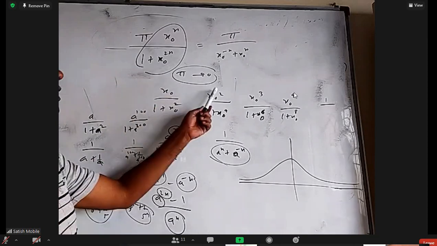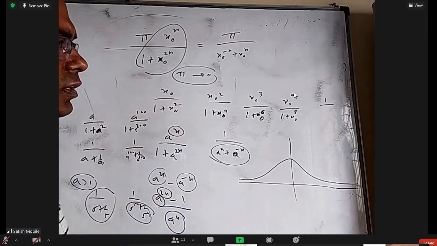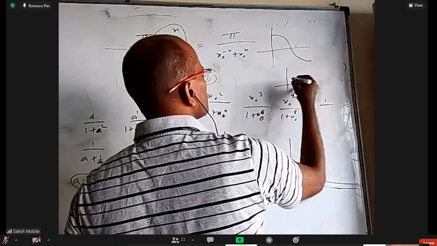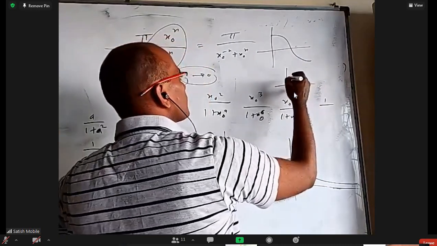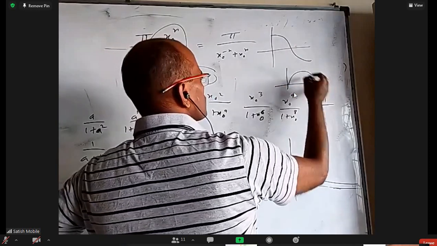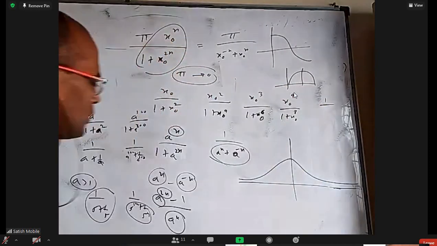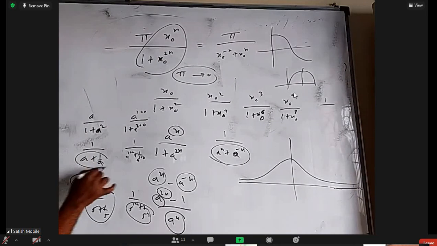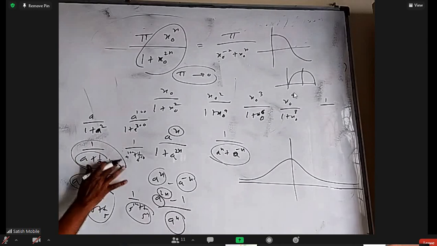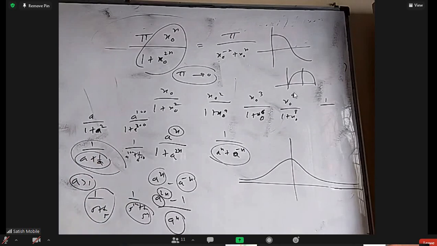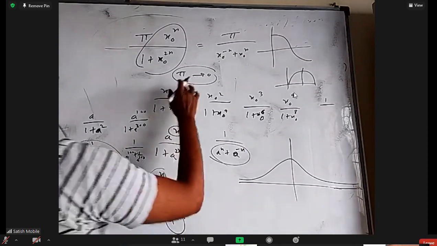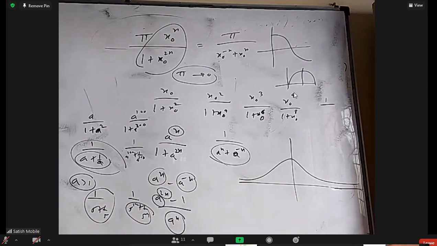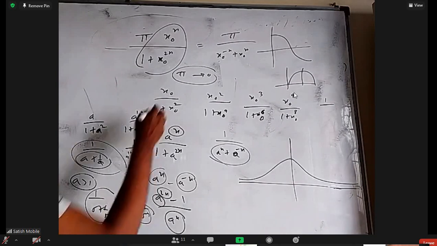When values are decreasing, the sine of that will decrease. The cos of that will increase, because the sine graph is like this, whereas the cos graph is like this. So I don't know whether this region or this region. So from the AM-GM inequality, this is always greater than or equal to 2, so this will be less than or equal to 1 by 2. It will be less than or equal to 5 by 2. This is greater than or equal to 2, so it will be less than 5 by 2. So it is not becoming pi to 0, pi by 2 to 0.